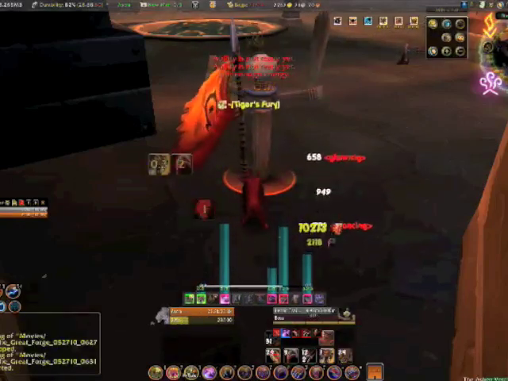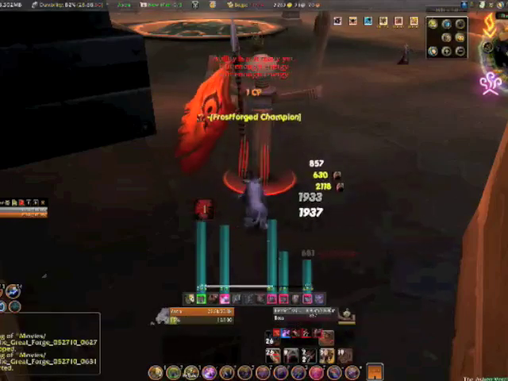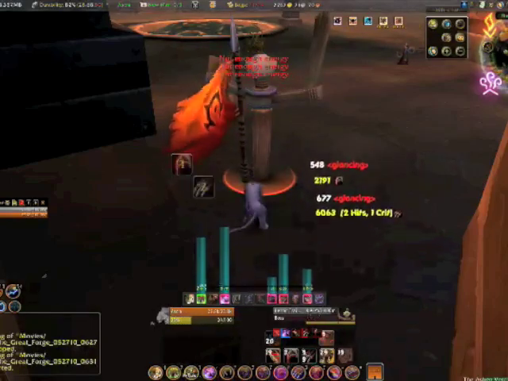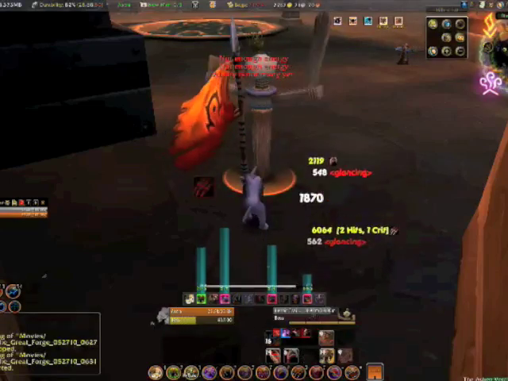I spam Shred until I get my 5 combo points for a Rip. Once I have those 5 combo points, Rip, I try to get 5 more combo points to throw in a Ferocious Bite or 2 before I have to reapply Savage Roar or Rip. What I like to reapply first is